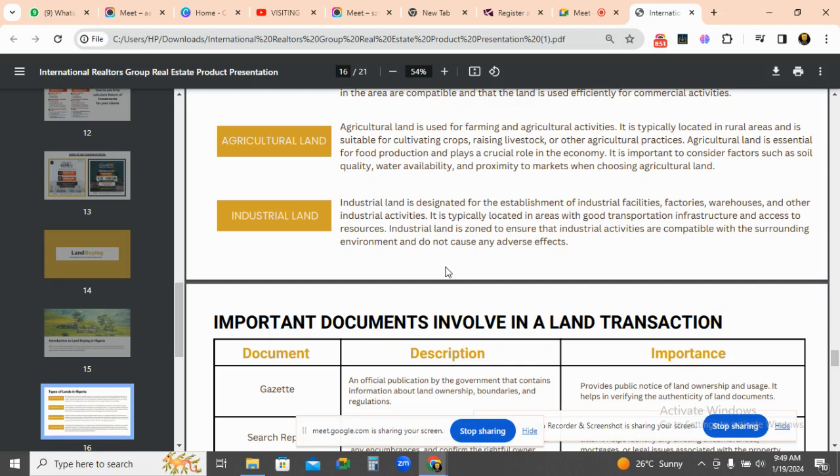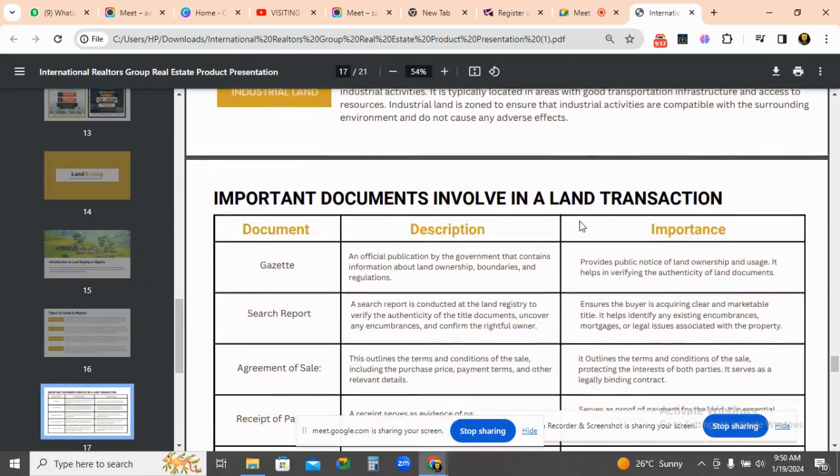So all those industrial areas are meant for industry. In fact, residential is not supposed to be there at all, because even some of them are cement factories. You can't stay near cement factories, right? You just die a natural death, or die of sickness, as the case may be. And that is something that is very, very vital. So you need to understand those are the 4 types of land.